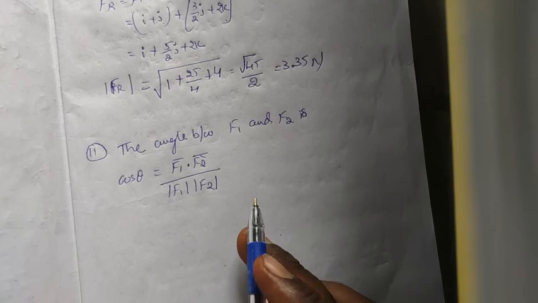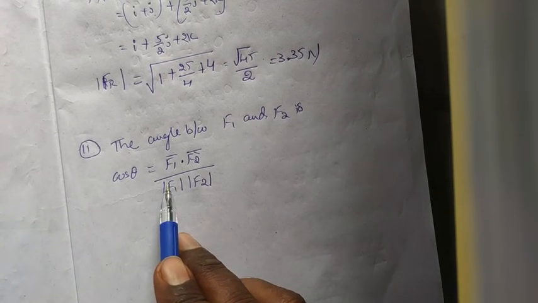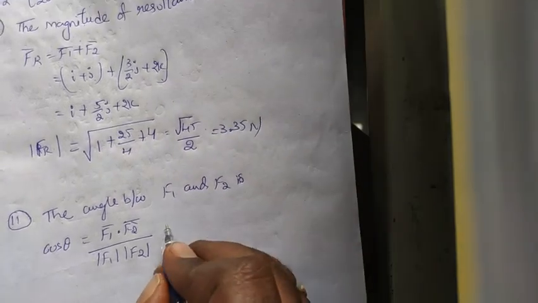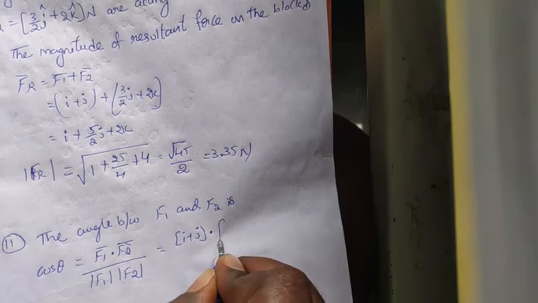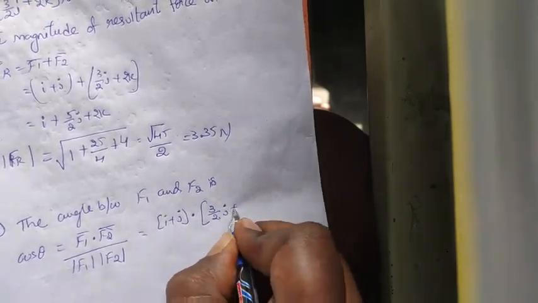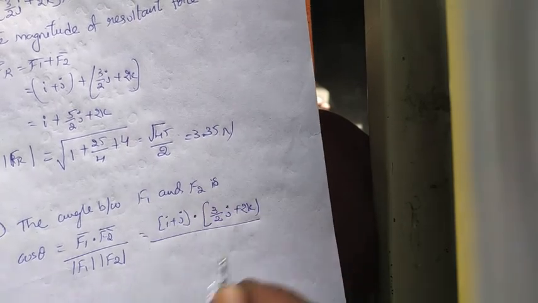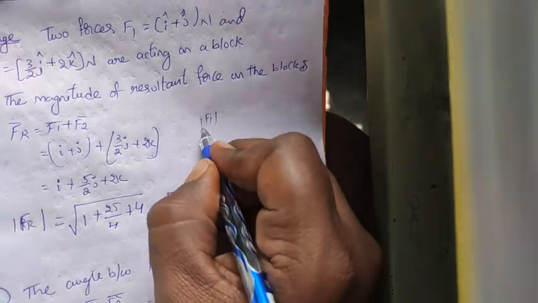And next he is asking for the angle between F1 and F2. If you want to find the angle, we go for cos theta equal to F1 dot F2 by the magnitudes of F1 and F2. So what is F1 here? i plus j, dot, and next F2 is 3 by 2 j plus 2k, divided by the magnitude of F1. Let me do this here. Magnitude of F1 is root of